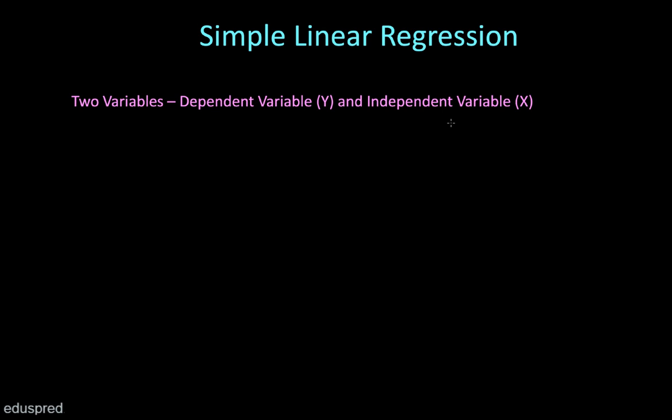Now, one of these two variables is called the dependent variable and the other is called the independent variable. As you can see over here, the general notation for the dependent variable is capital Y, and the general notation for the independent variable is capital X. Whenever you are working with a particular example, you have to decide on the basis of theory which variable you are going to call the dependent variable and which the independent variable. So let's take a couple of examples to understand this point.